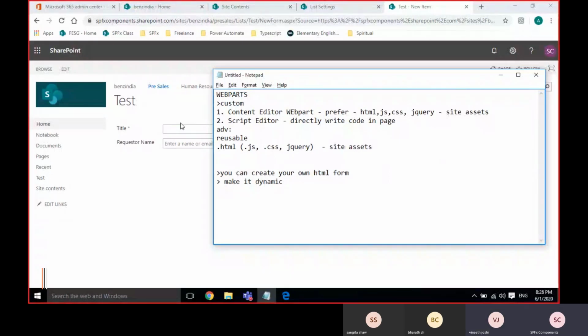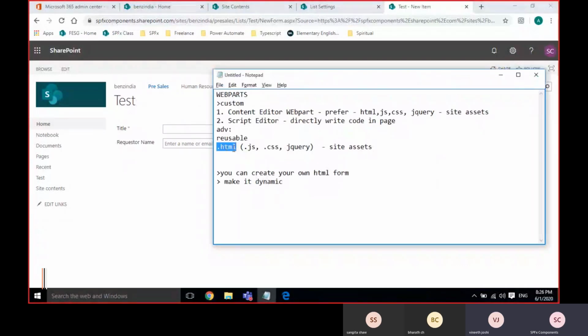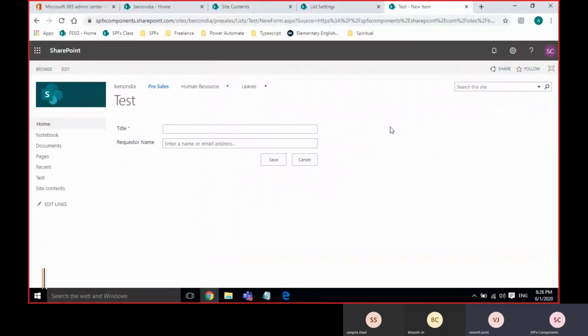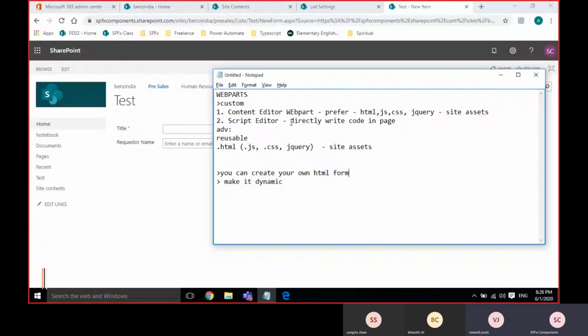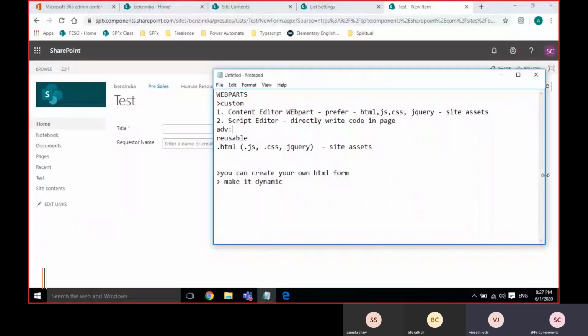So in one page, for example in this page, I will add this HTML page. I will go to another page, the test2 page, and I can add the same HTML over there if the requirement is there. But if we go to the script editor, I have to copy the entire code into the page. I cannot refer to it. Reference is different, and copying the entire code is different. That means you are not reusing. You are creating one more file again.